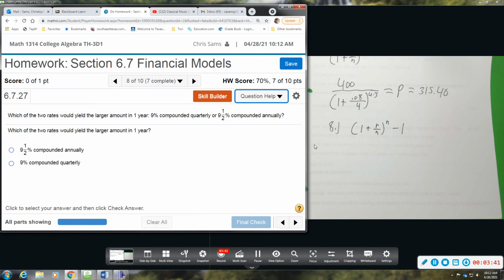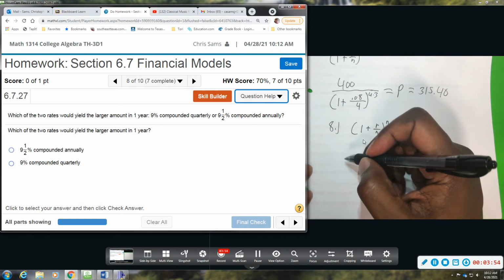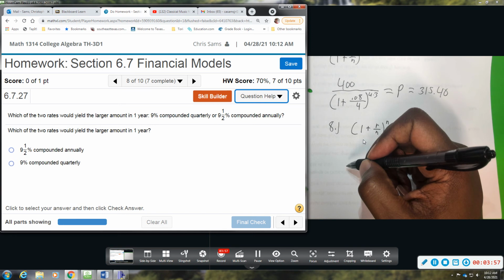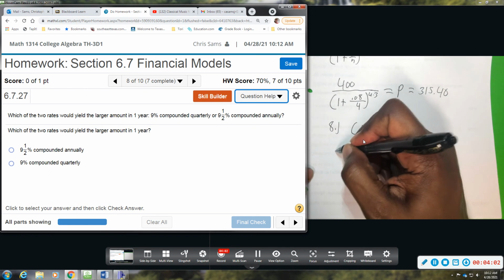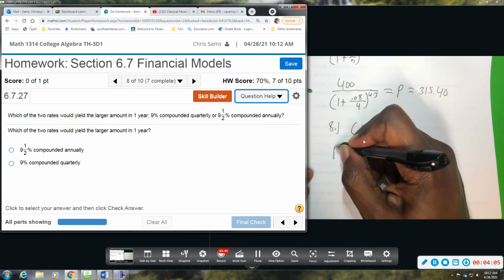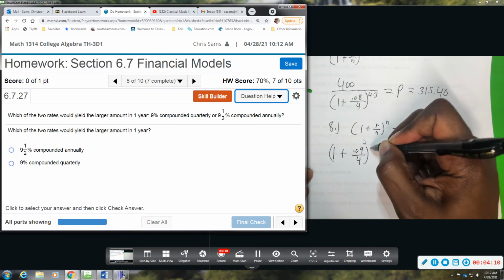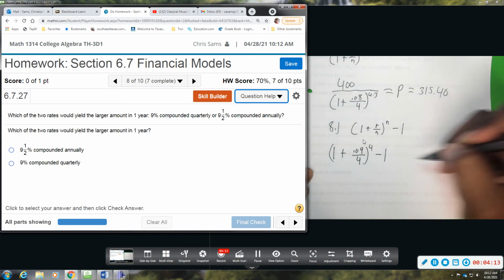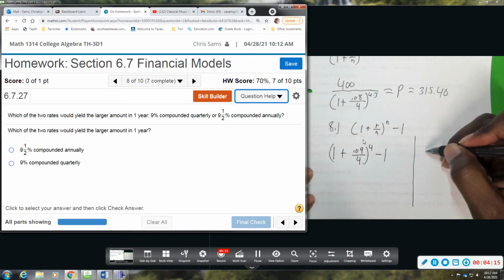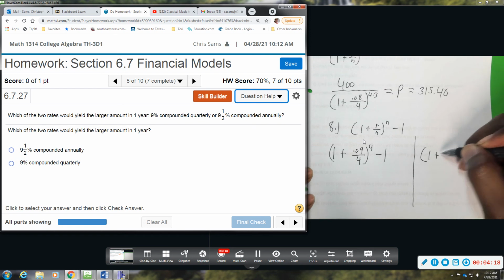We're going to do this formula twice: for 9.5%, compounded once a year, and then 9% quarterly. So that'll just give me different values of N. So for 9% compounded quarterly first, 1 plus 0.09 divided by 4 raised to the 4th power minus 1, compared to the other value,